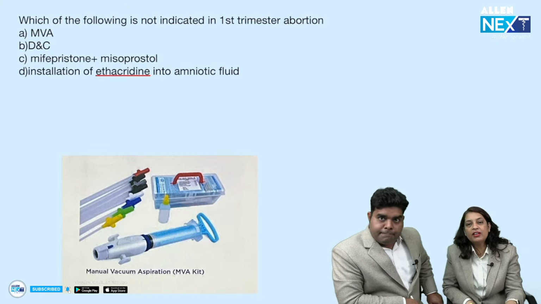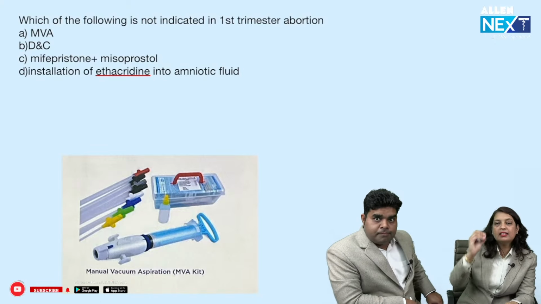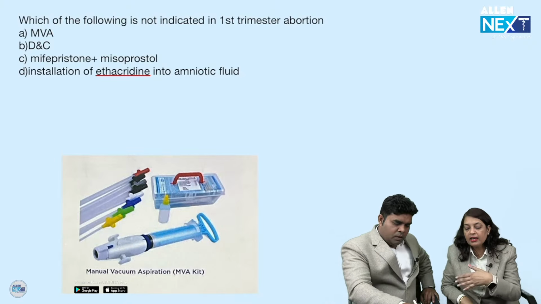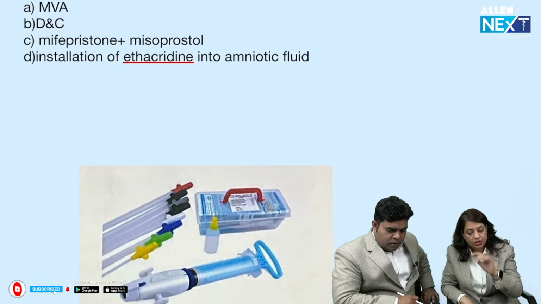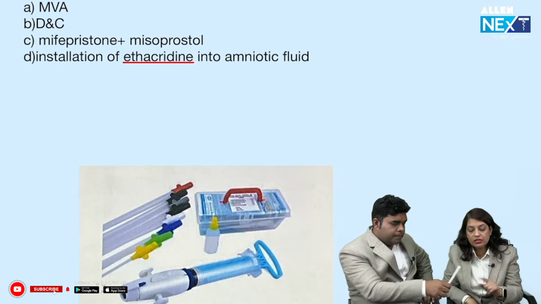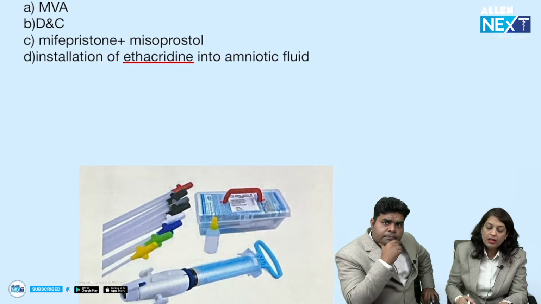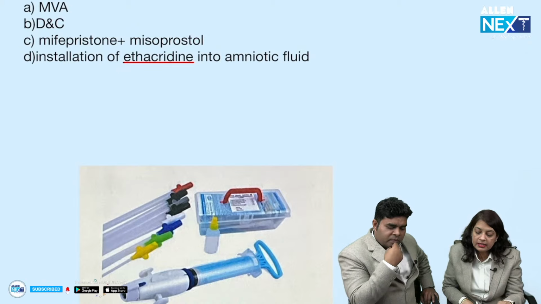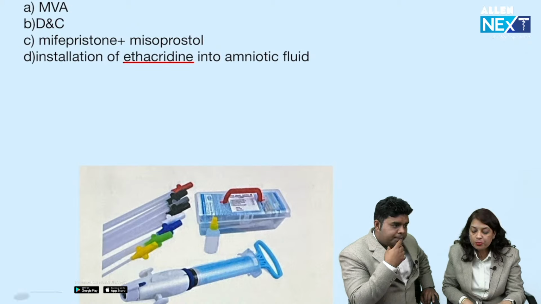So this is again a very latest question, and again this question has been repeated. It was asked in INI-CET, and this time also they have asked it. Which of the following is not indicated in first trimester abortion? MVA, which is manual vacuum aspiration, D&C, mifepristone and misoprostol, or instillation of